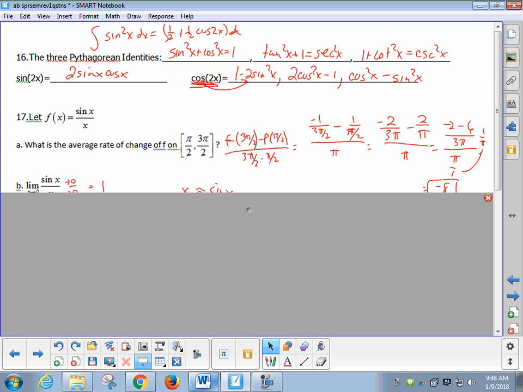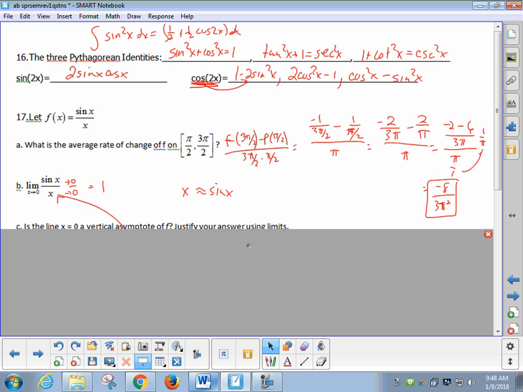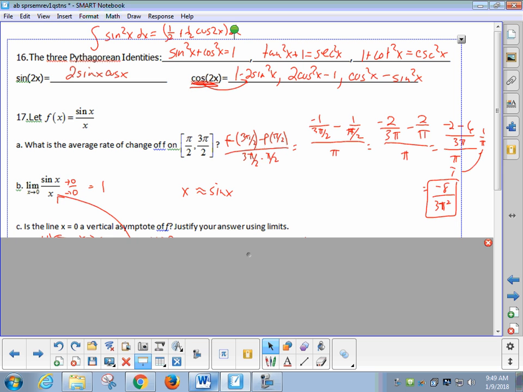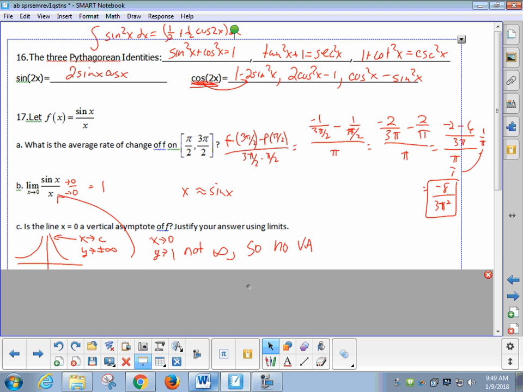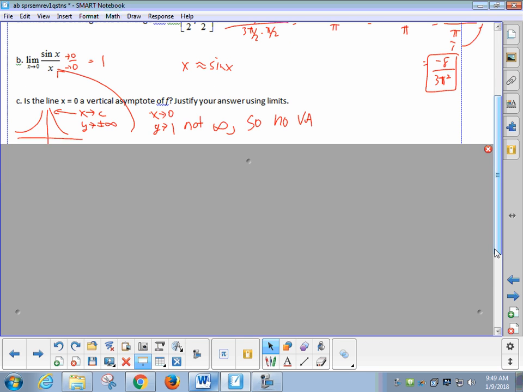For A, again, hopefully show your setup. I had negative 8 over 3 pi squared. The limit of that, those approach 0, and 0 over 0. So 0 over 0 is actually a big part of this semester also. 0 over 0 could be 1, could be 0, could be a million things. That's called an indeterminate form, but you could use your calculator to find them. That implies then that for small values, sine of x is pretty much the same as x, which I believe you use in physics, if I'm not mistaken, or at least AP physics. Okay,